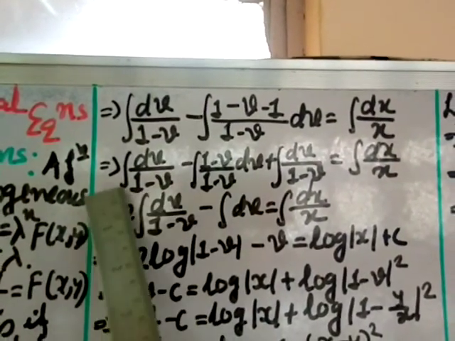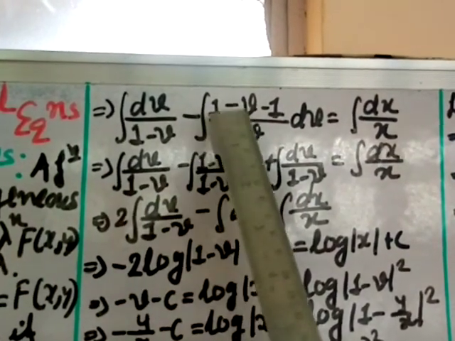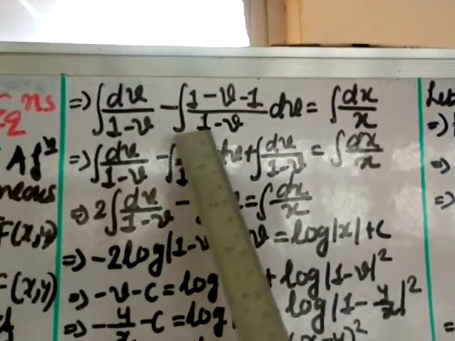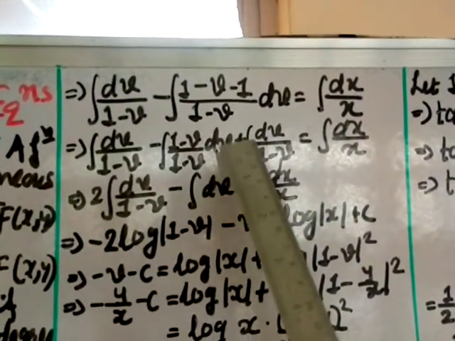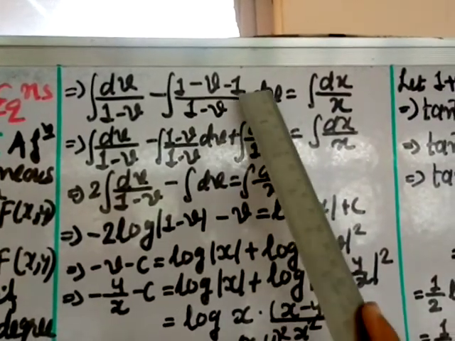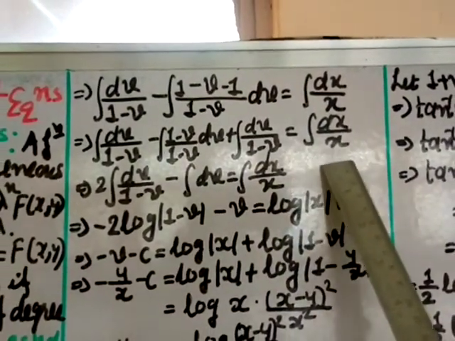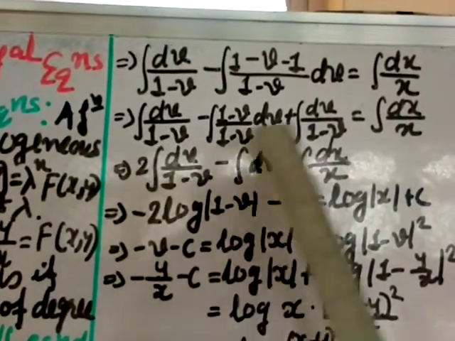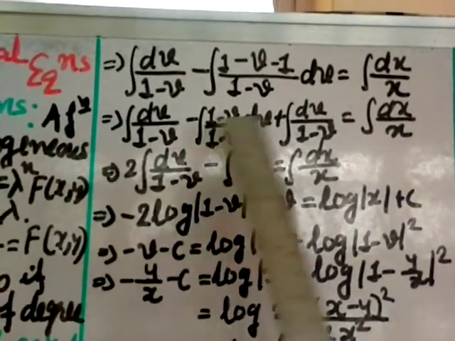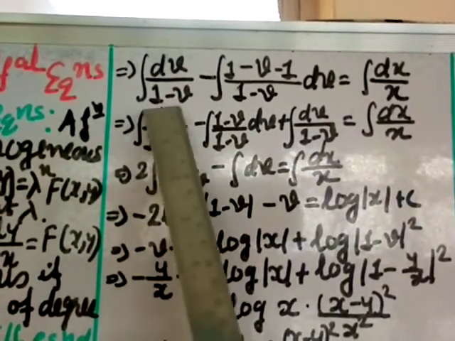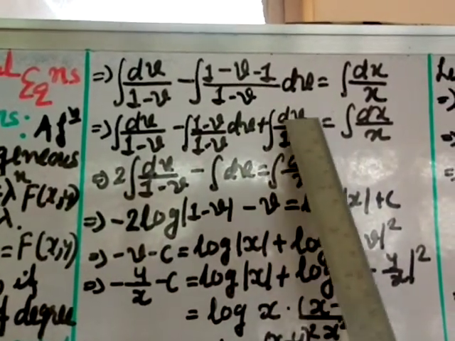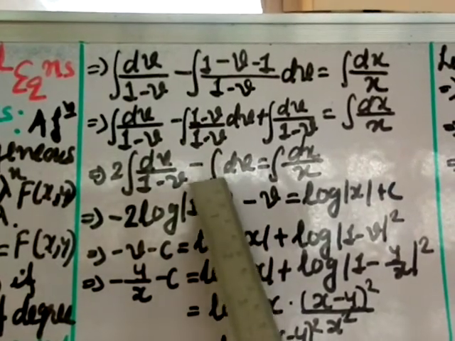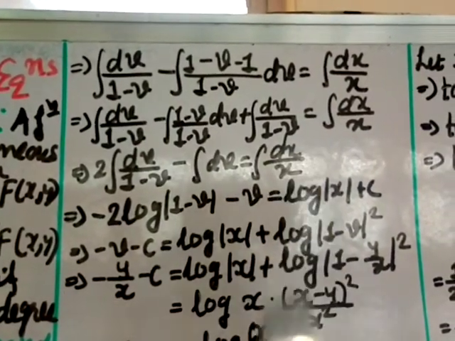Then this is still as it is, integral dv by 1 minus v, and this I am separating, this divided by this, 1 divided by this, so minus integral (1 minus v) divided by (1 minus v), minus and minus is plus, integral 1, that is integral dv into 1 is dv, divided by 1 minus v, equal to integral dx by x. Now we can integrate, this can be cancelled, so you get 1. So this is as it is, this is as it is, and this is the same term. Okay, so I have just added together integral dv by 1 minus v and integral dv by 1 minus v, that gives you 2 times integral dv by 1 minus v, and this you can cut, so you get integral dv equal to integral dx by x.